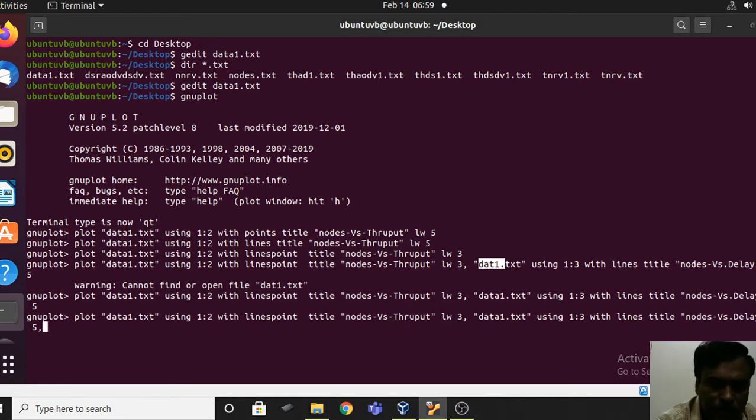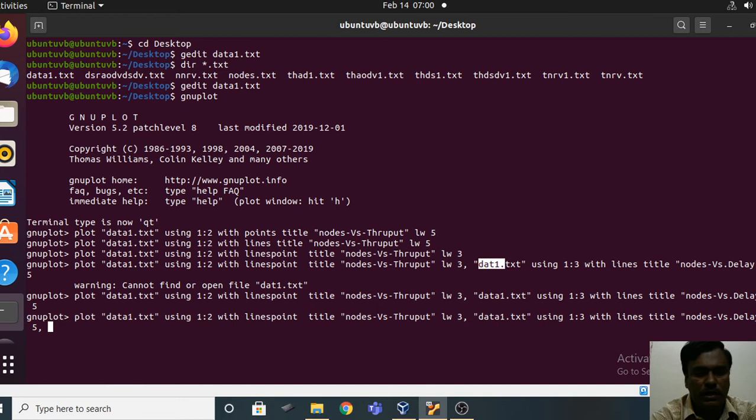And if you want to plot one more, say this time you want to include, instead of nodes versus throughput or delay, throughput versus delay, you can plot the graph.